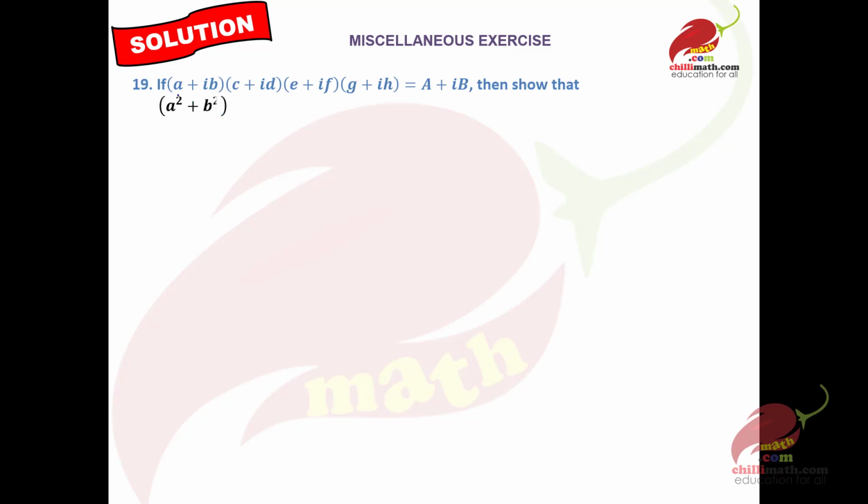19th question is if (a plus iota b) into (c plus iota d) into (e plus iota f) into (g plus iota h) equal to a plus iota b, then show that (a square plus b square) into (c square plus d square) into (e square plus f square) into (g square plus h square) equal to a square plus b square. So this is given to us. Let us mark this as equation number 1. Taking modulus on both sides,